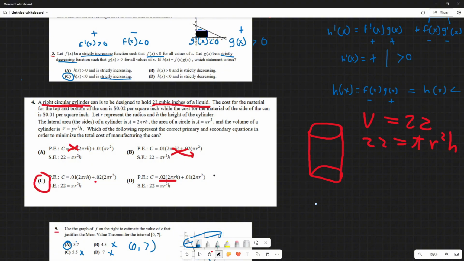So now let's see the cost of each part of the can, right? So we have the cost of the material for the top and the bottom of the can is 2 cents per square inch. So let's figure out for each area in the can, it's going to be 2 cents. So for the top, we have two circles. Or first, let's ask ourselves the area of each circle. Each area of the circle is going to be pi r squared, and we have two of them. So we have 2 pi r squared times